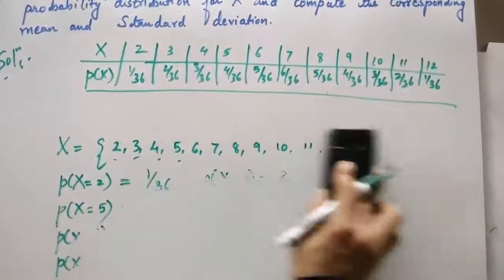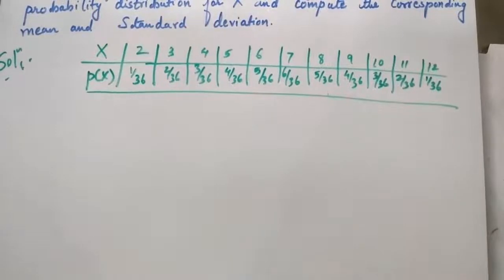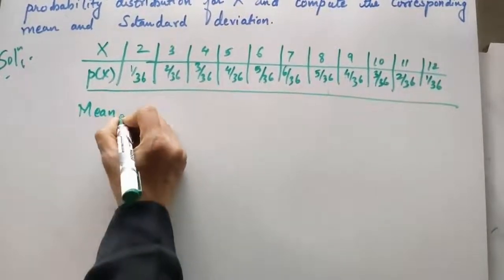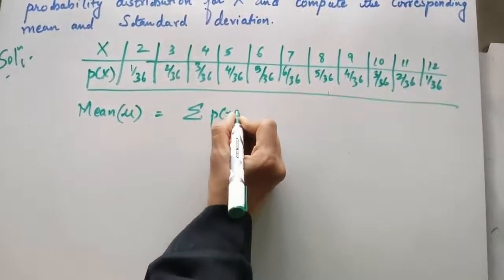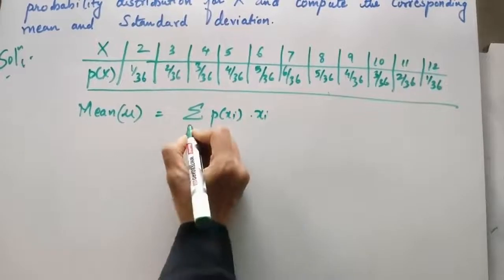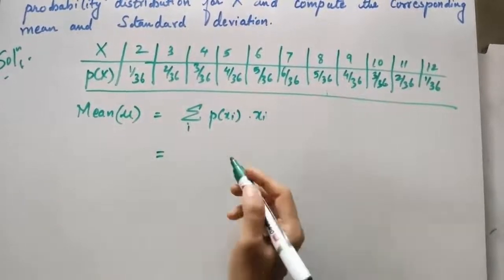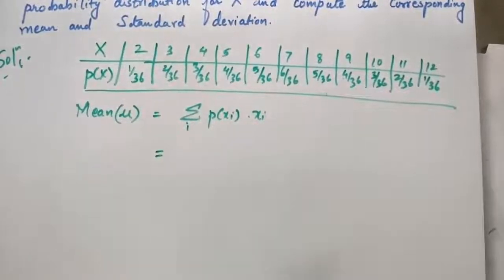Now we'll go for evaluation of mean and variance. I hope you all remember my previous session where I have given you the formula for mean and variance of the probability distribution. The formula for mean mu is given by summation of probabilities p of xi into xi, for each i. So we are going to use this formula and evaluate our probability. We just need to multiply each of xi with the respective probabilities and simply take their addition.